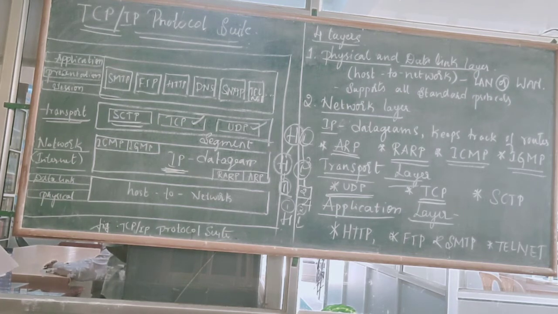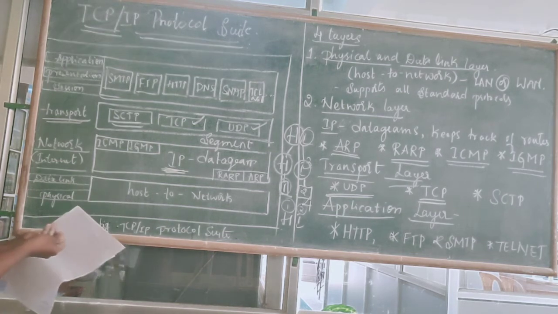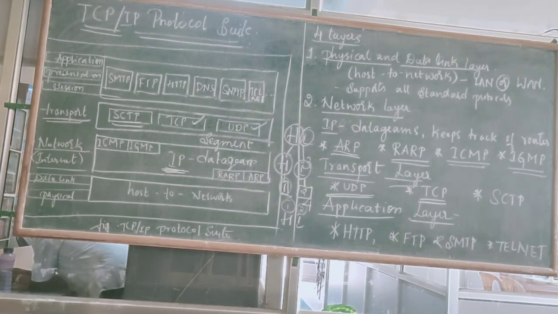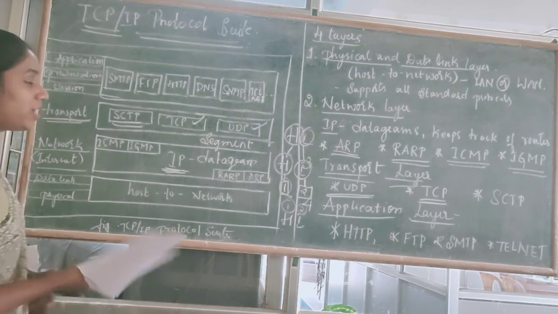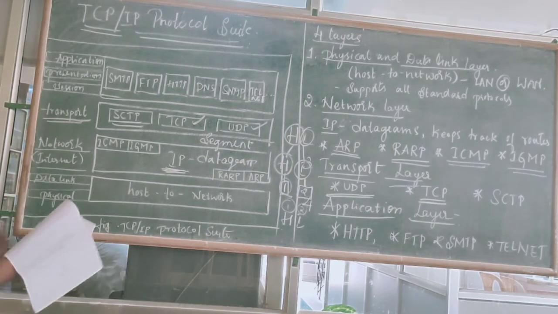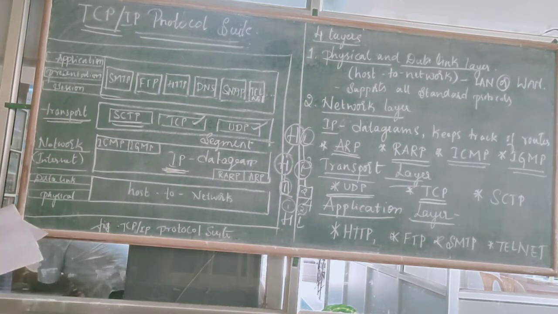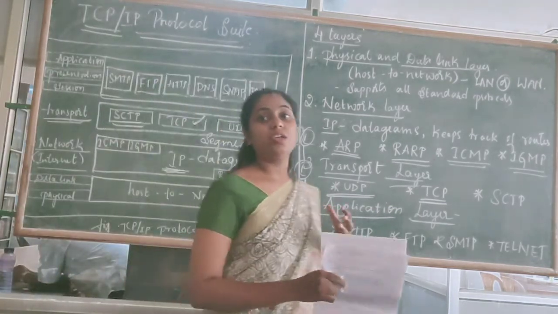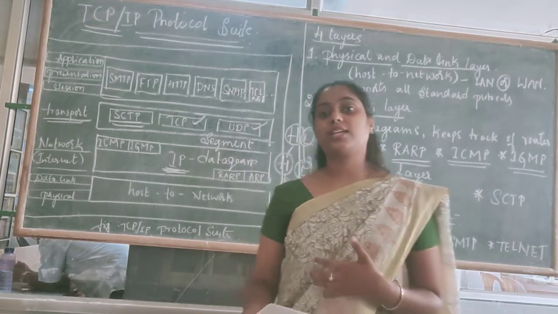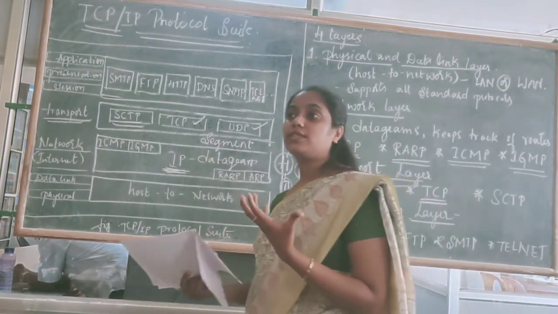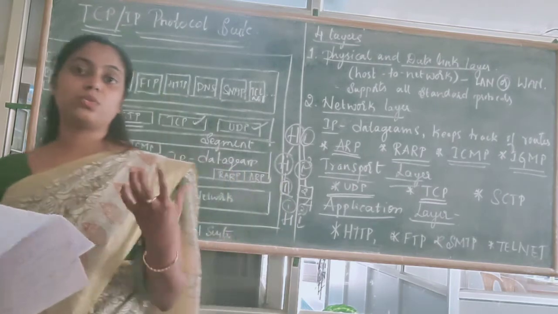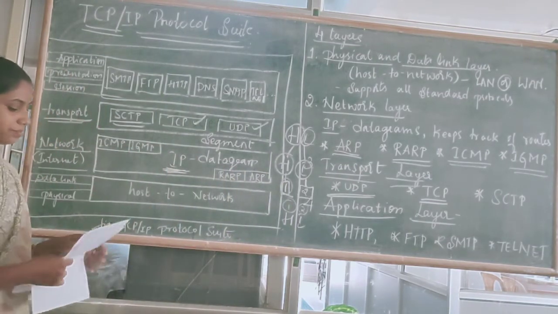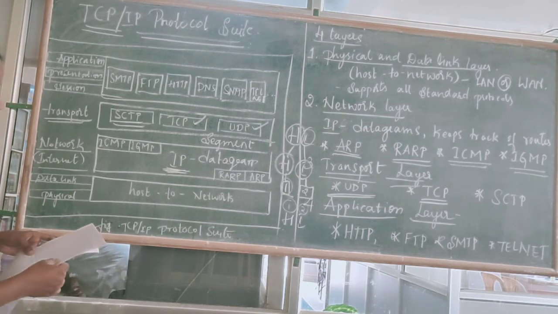So different protocols like hypertext transfer protocol, FTP, that is file transfer protocol, and DNS, domain name system, are supported in the application layer, mainly to be useful for the users. These are user interactions. The protocols that help the user interface come under the application layer. So this is about the